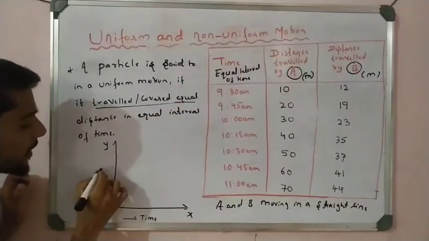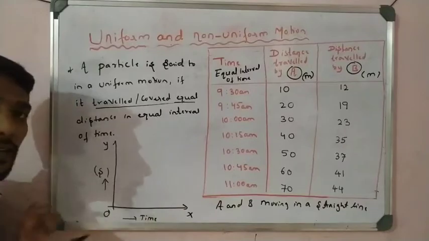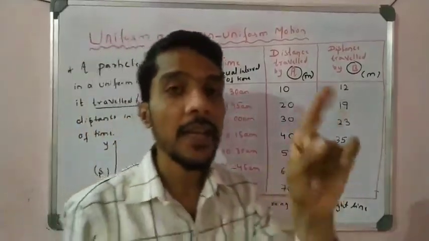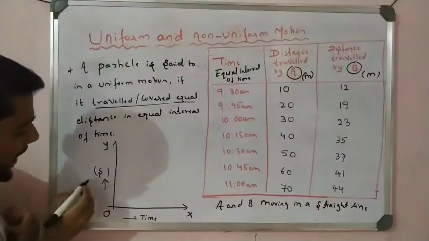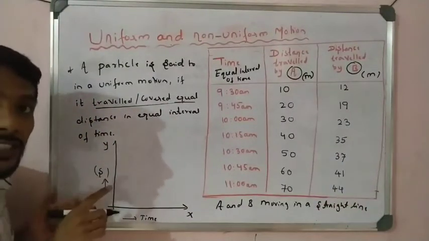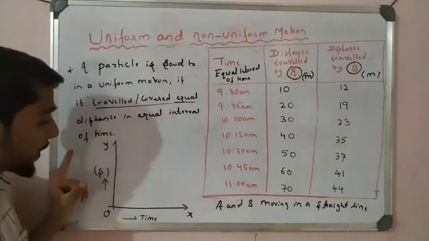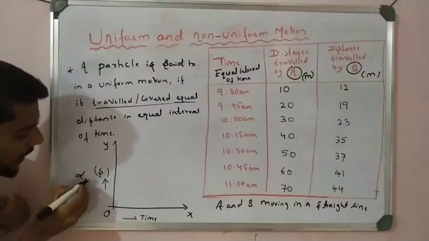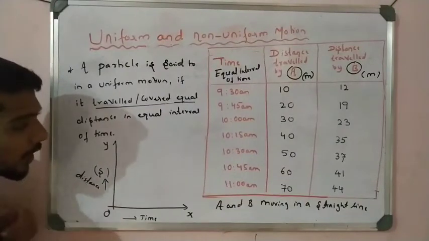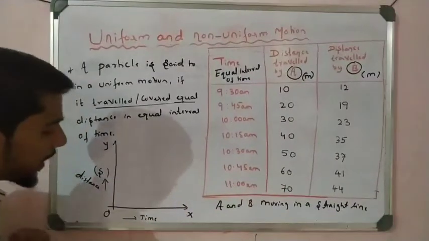And in the y-axis I can take distance traveled, that is represented by the symbol s, or x. S stands for distance, right? Now students, not speed, it is distance. S is not a speed. Speed is represented by v. But s stands for distance. Now when I plot this graph, I can write time here.